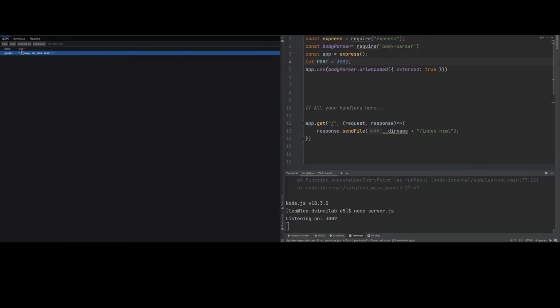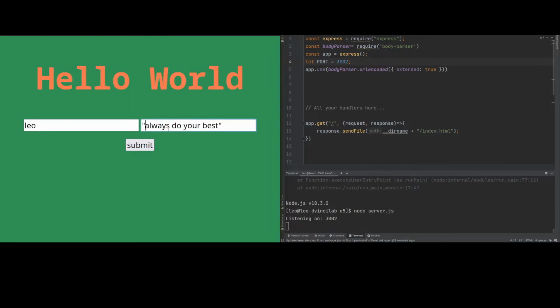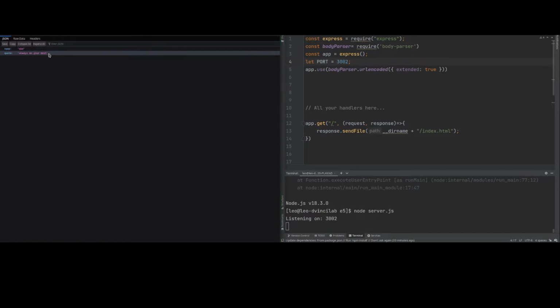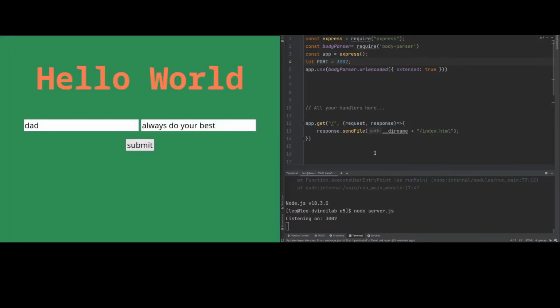Yeah, I should have never did it with quotes. Always do your best. In fact, we'll attribute that to dad. Submit that. His name is dad. The quote is always do your best. Cool. So now we are able to get stuff out of the body, and we just sent it right back to